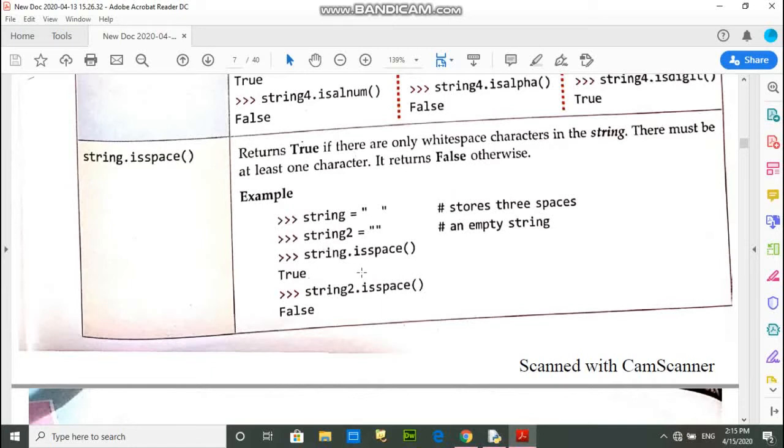Whenever we find string.isspace, it will return true. In the case of string2.isspace, this string doesn't consist of space, so this time the function is giving false.